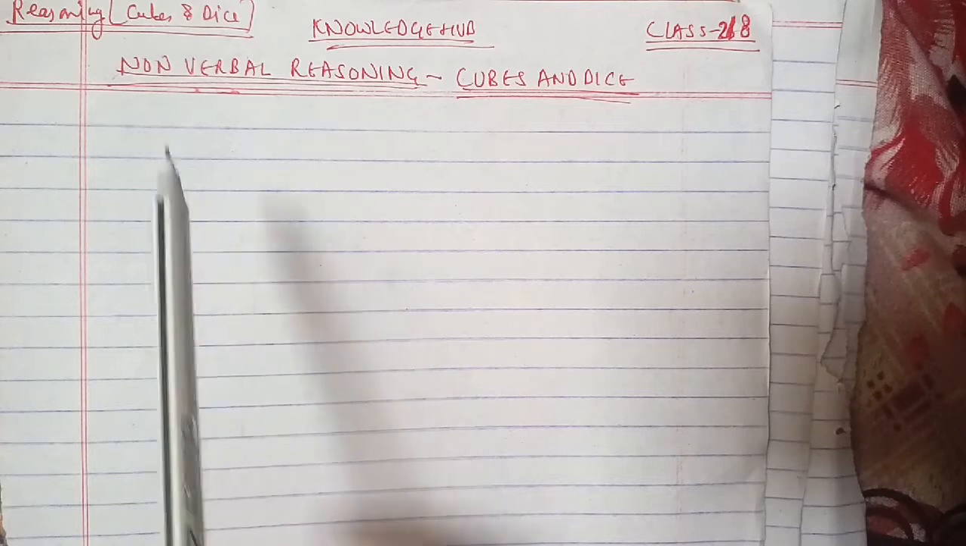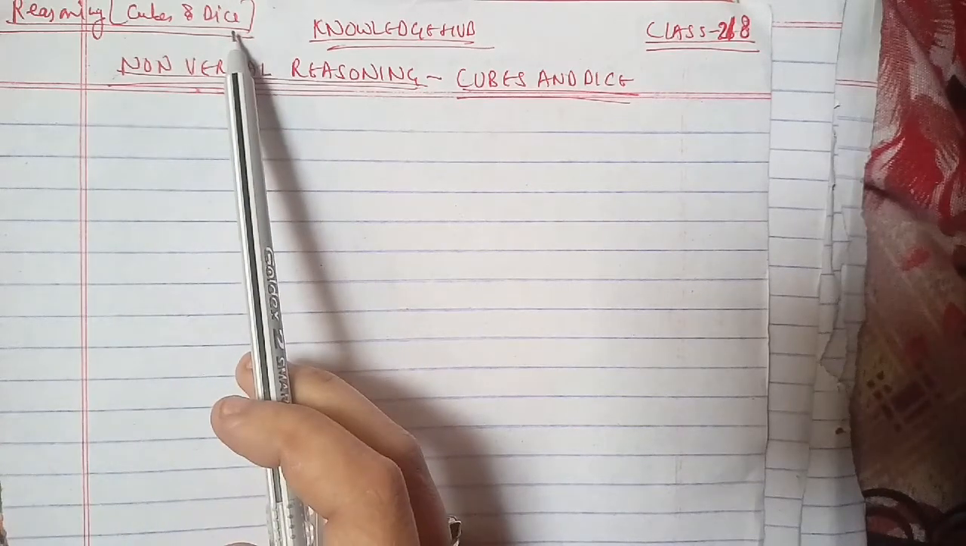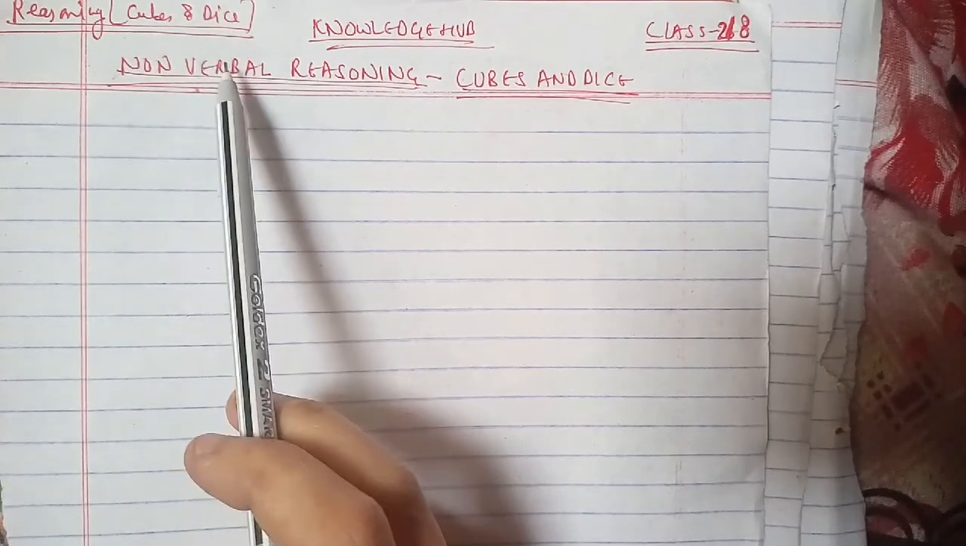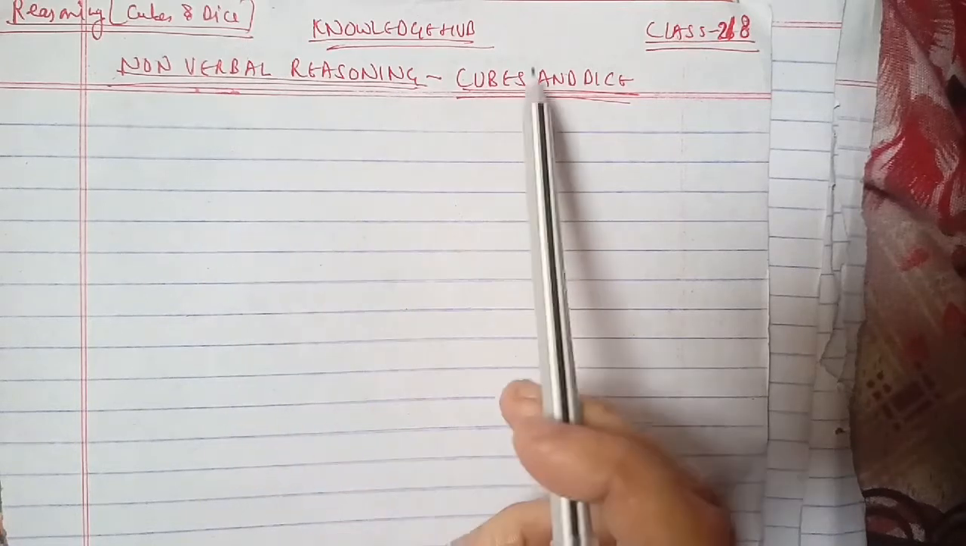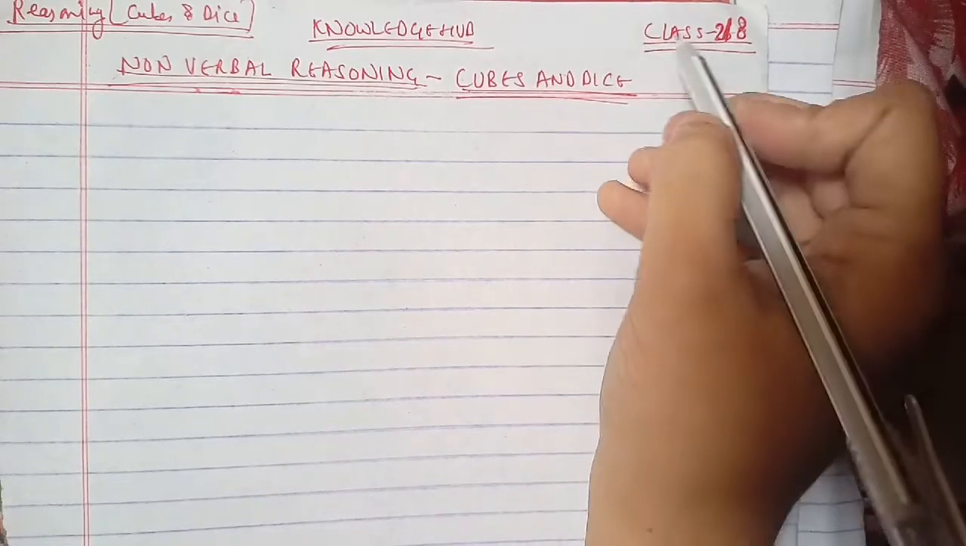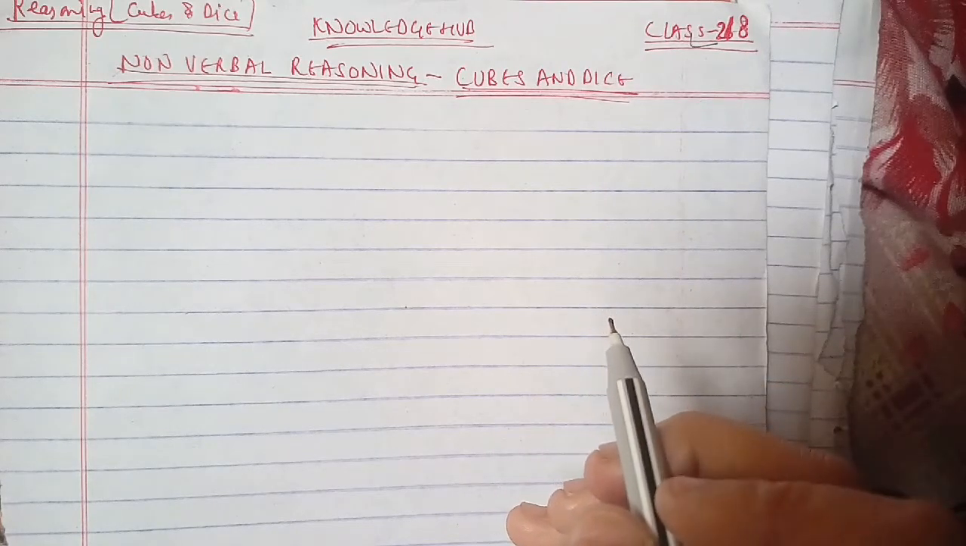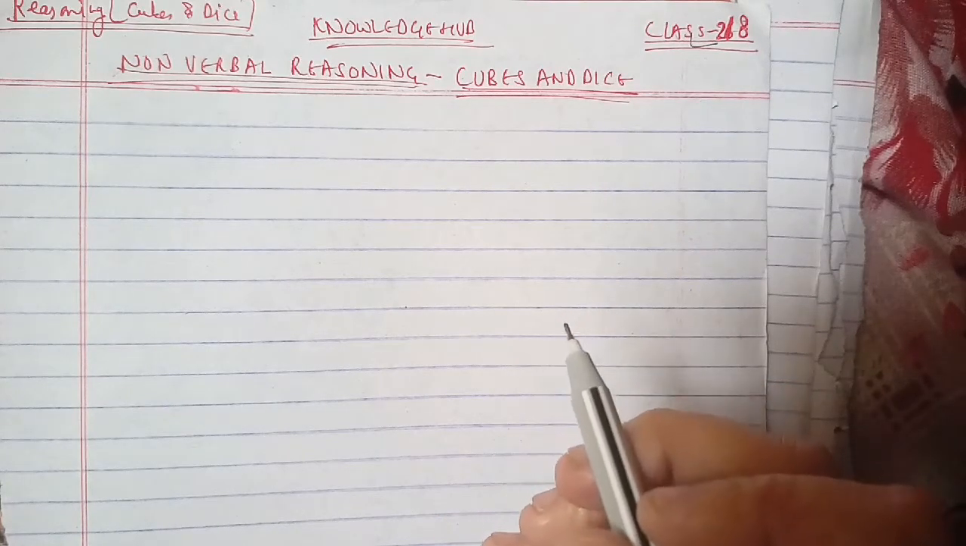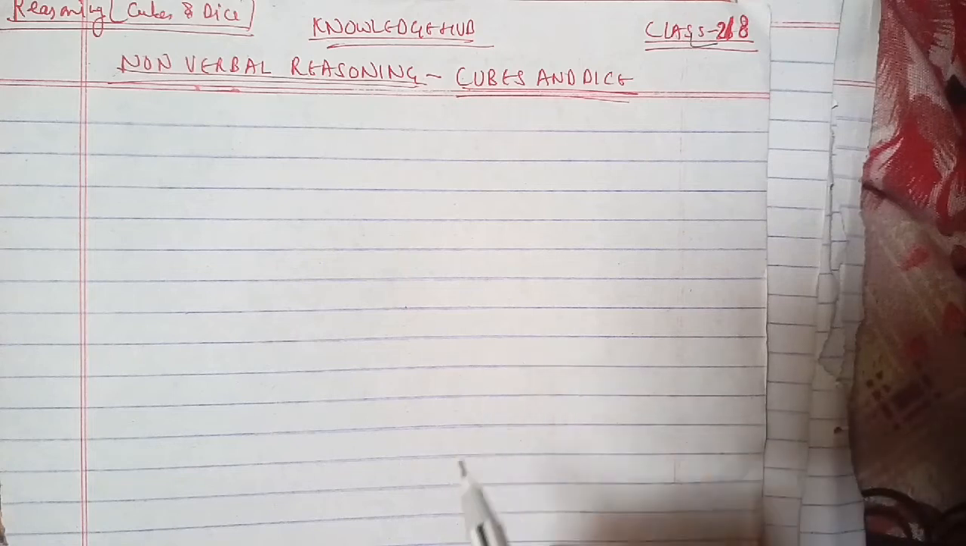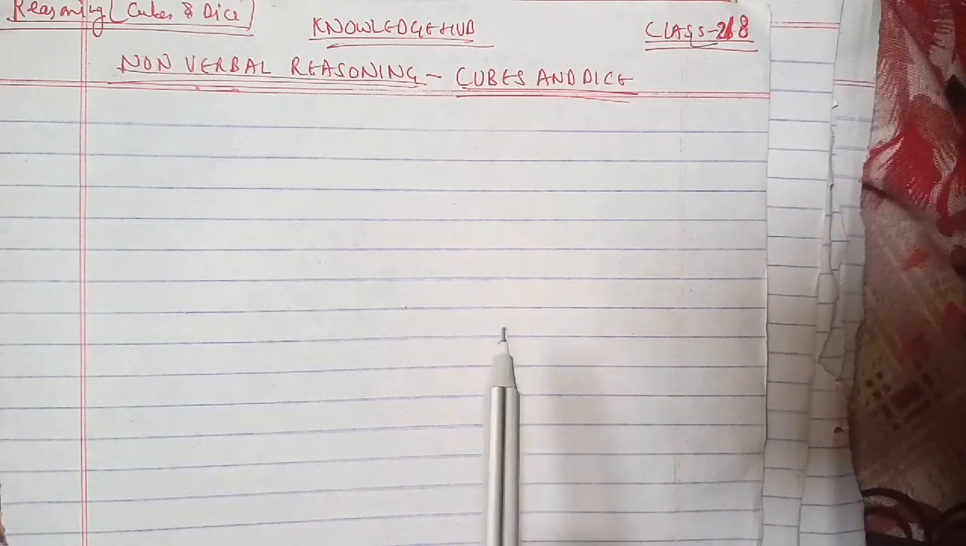Today we're going to start with reasoning. The topic we are discussing here is non-verbal reasoning, cubes and dice. This is class 218, where we had completed the 217th class in the last class. In terms of reasoning, we had completed verbal reasoning, which is general mental ability,